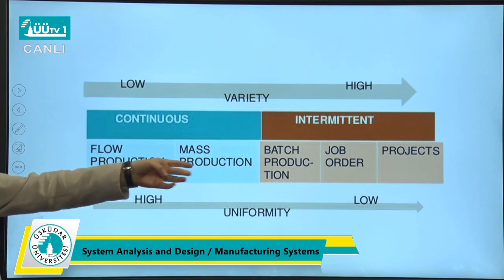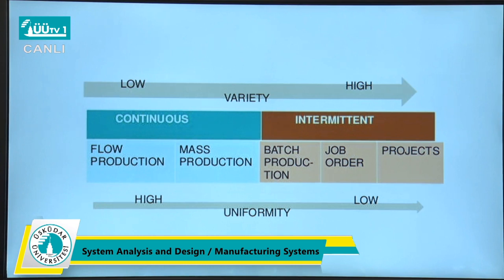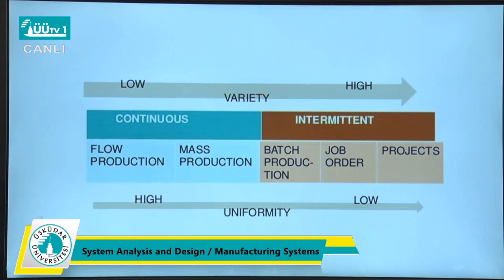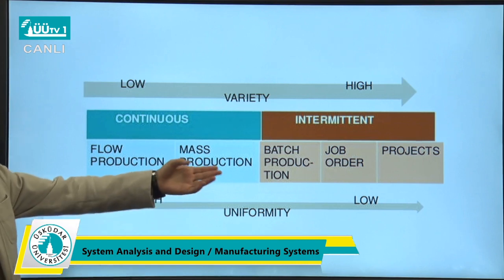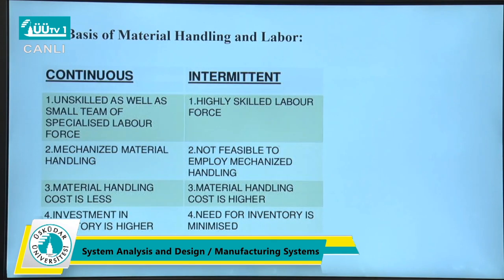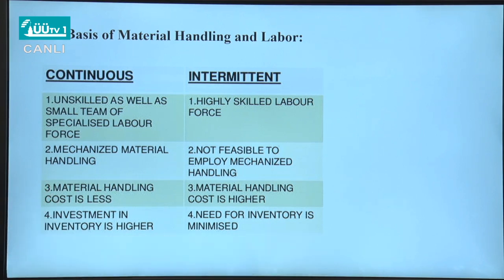But when you look at the intermittent manufacturing or the intermittent production types, the uniformity is too low for these three different types of production system. So here is the comparison between the continuous and the intermittent manufacturing systems with respect to material handling and the